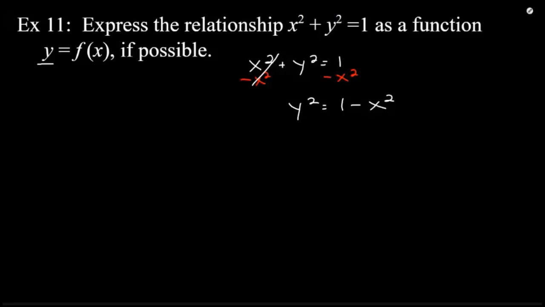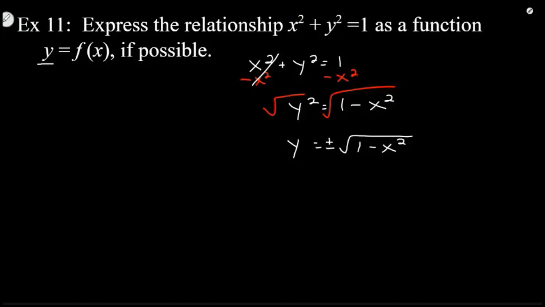Then we've got to get rid of that little 2, that exponent of a 2, right? How do we get rid of that? Yeah, we take the square root of both sides. And when we do this, we get a y. Does anybody remember what we have to remember to do anytime we take the square root of both sides of an equation? Anytime we do that, we have to put in a plus or minus,